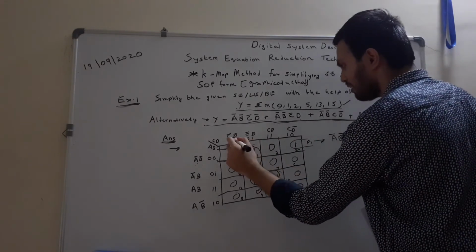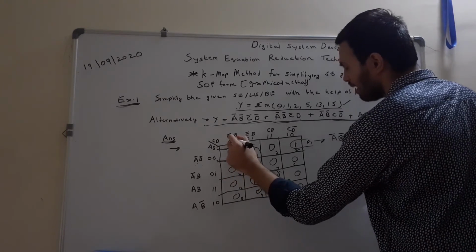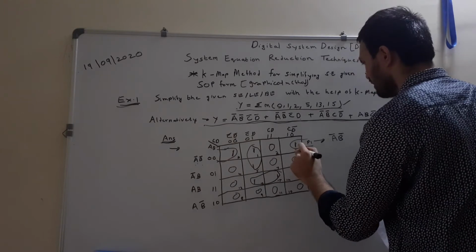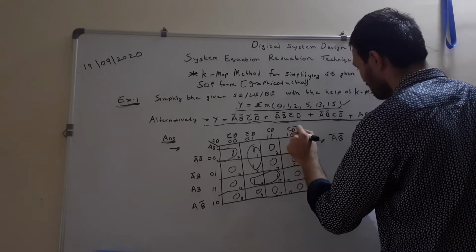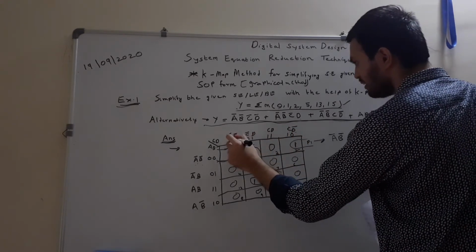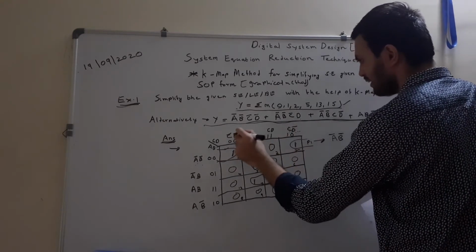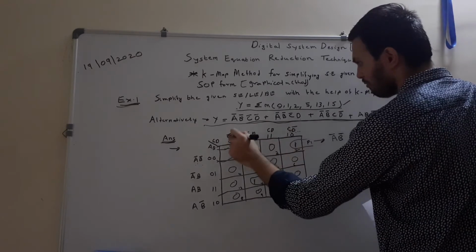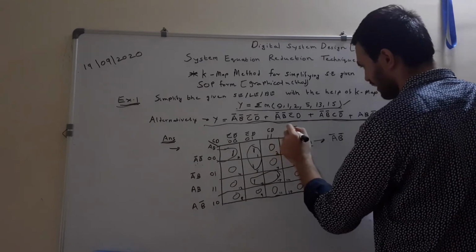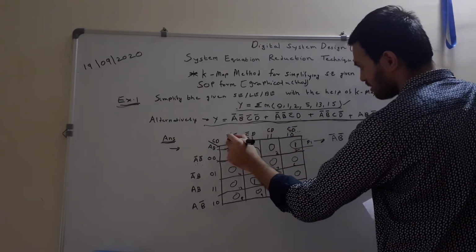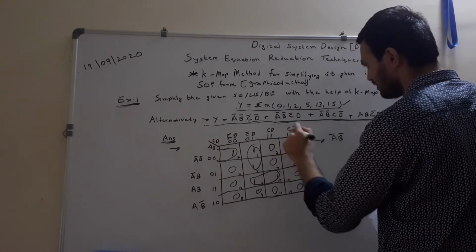And now let us read the columns. Here, the cell corresponding to minterm number 0 has C bar D bar, and the column corresponding to minterm number 2 has C bar D bar. What is this? We have C bar D bar plus C D bar. Now have a close look over here. Here C bar changes to C. So whatever term varies when we are reading, we have to ignore that, and that term gets eliminated because C bar changes to C. So C bar plus C is 1. That's the reason this C will get eliminated.